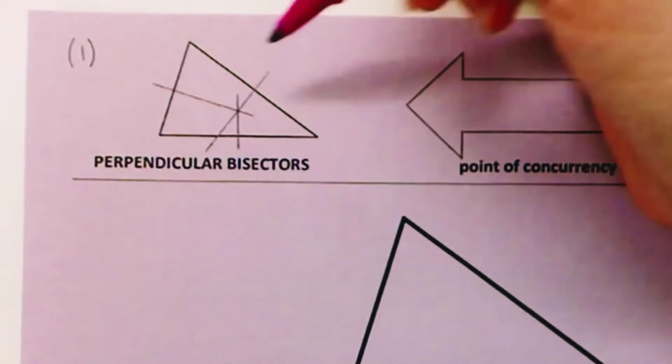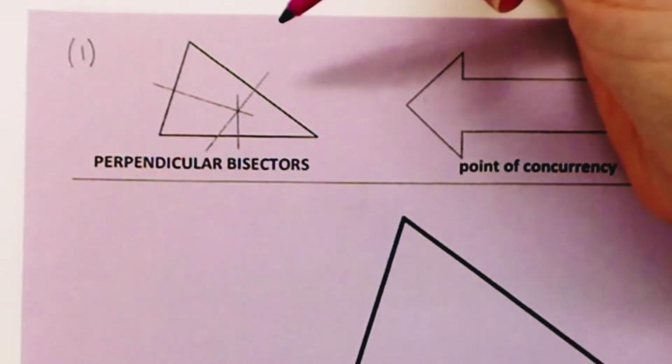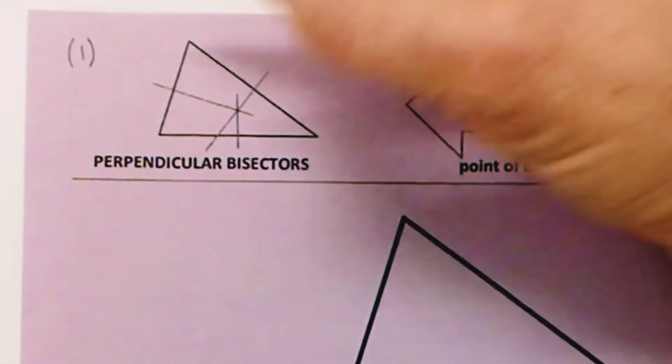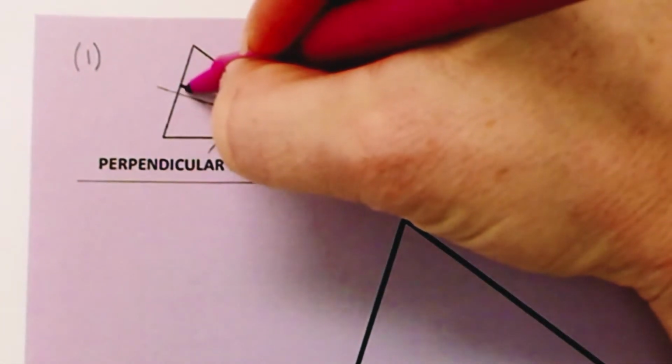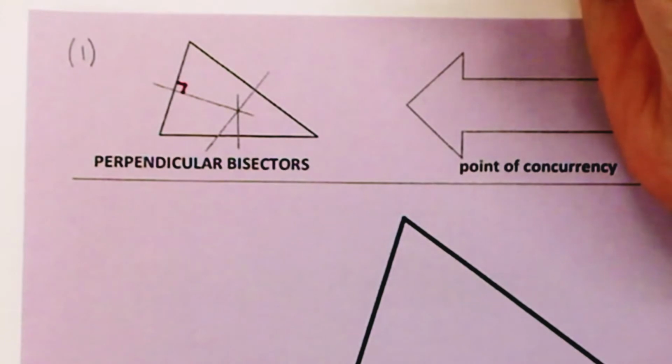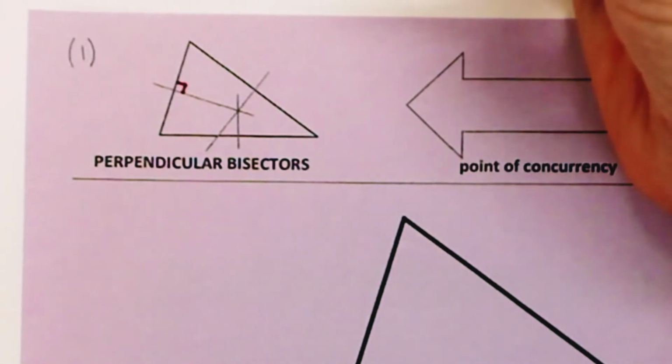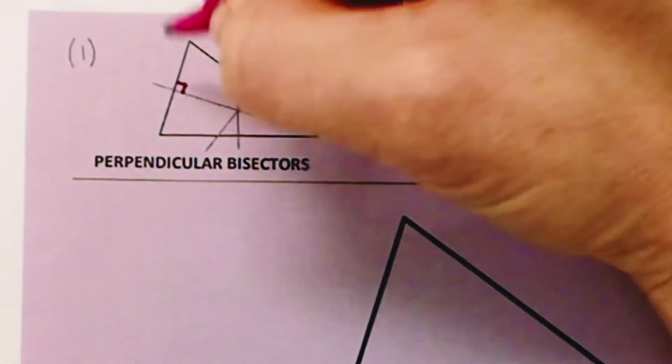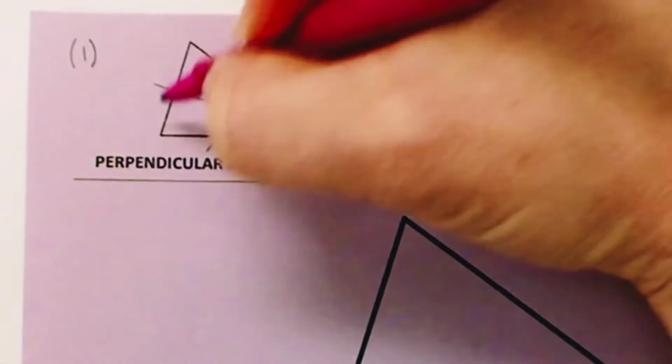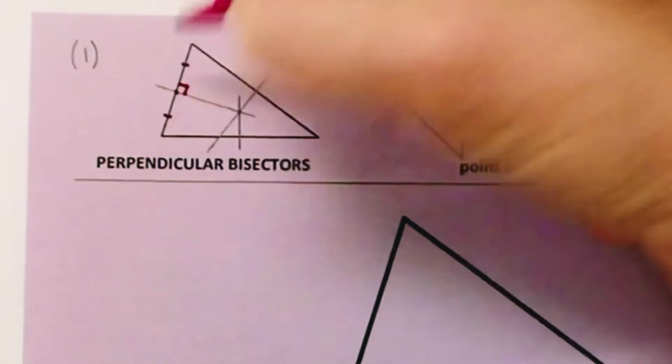Up in this picture, I've already got perpendicular bisectors drawn. You know what perpendicular means, right? It means that those are intersecting those sides at nice right angles once you draw that in. But that's just the perpendicular part. The bisector means that those are hitting at the midpoint, and that means that this piece and this piece are